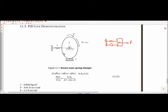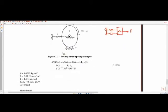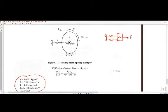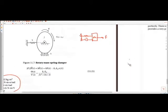So the notes give what we have identified to be the different parameters for this. This is not all that important to this discussion. But if you wanted to go and simulate this yourself, these would be the parameters that define the system. And this is a control system. So if we want to look at what the other elements of this are,